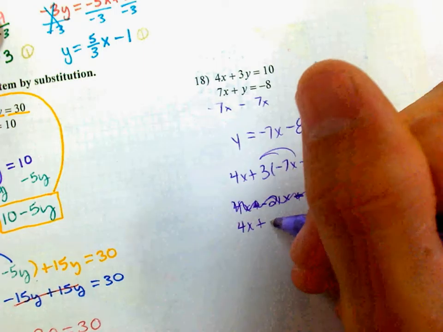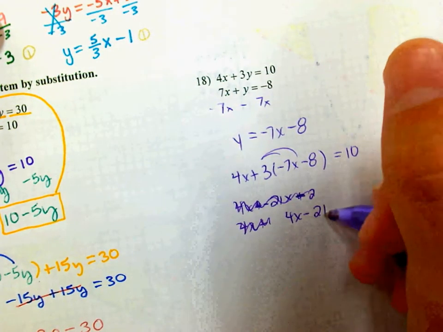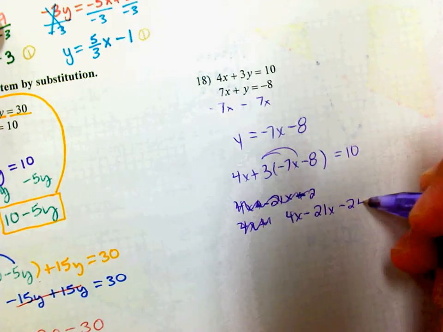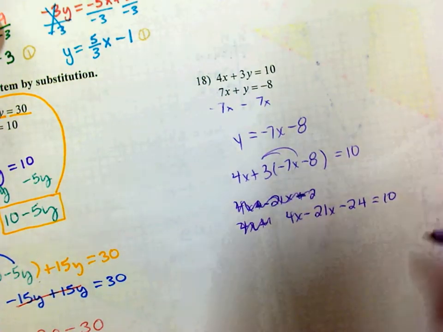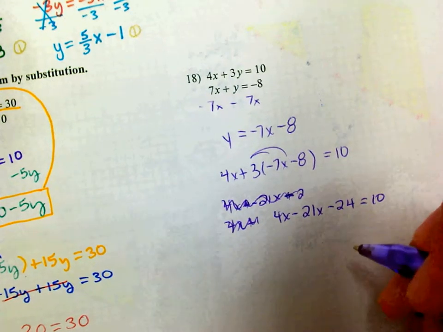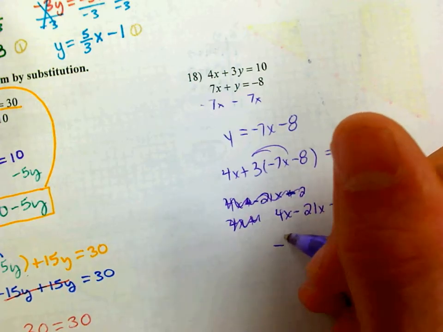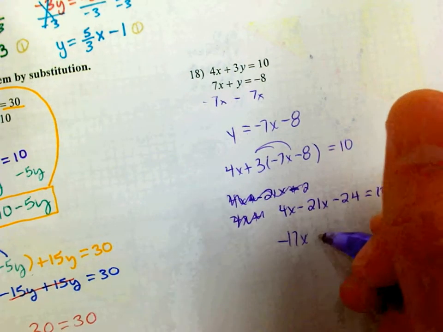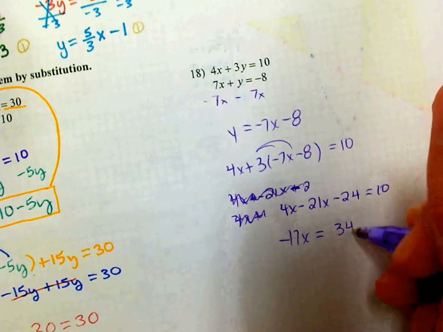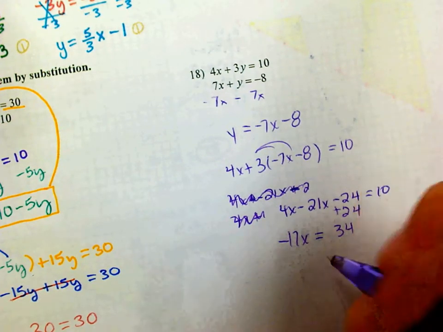Dang, I did it again. 4x. Okay. Combine like terms. So we have negative 17x equals 34 after you add 24. Yep. So then